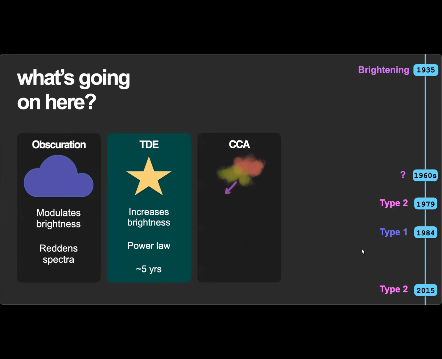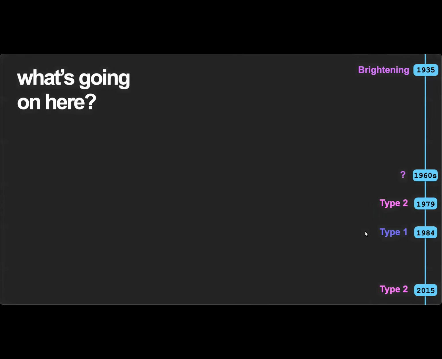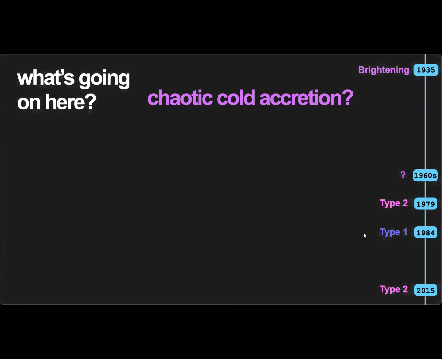Next, we have chaotic cold accretion, which I'll cover a little bit on the next slide, which is a method of increasing brightness in a kind of cyclical fashion. It's also self-regulating. And the final, most fun option is interesting black hole dynamics that could modulate the black hole's brightness in a periodic way. And so there's been a lot of work on this galaxy, mostly focused around those two options that I outlined